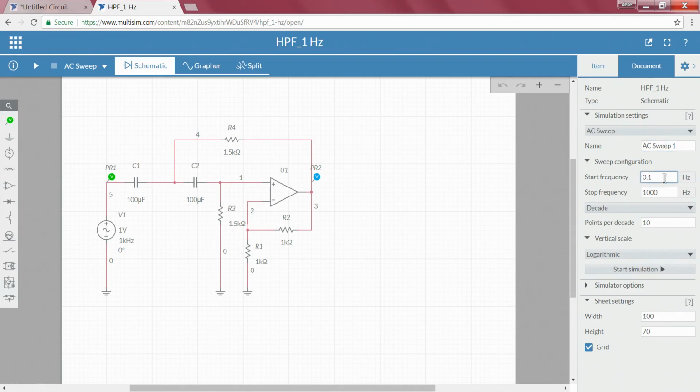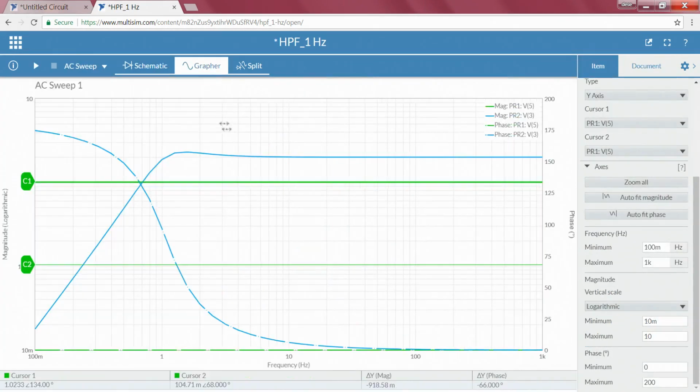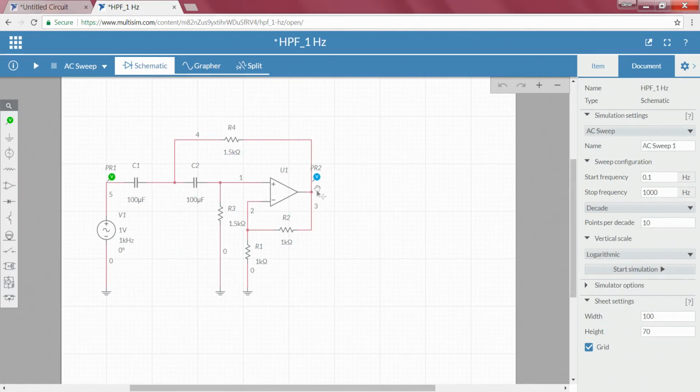In this case for the sweep configuration I have changed some setting parameters. We changed the start frequency to 0.1 Hz and the stop frequency to 1000 Hz here, and the points per decade is 10. So, the only thing we have to do is that once we select the sweep, we have to go to the settings. From the settings here we have to change the parameters to 0.1, 1000 Hz and how many points per decade we require. Once it is done, when we start the simulation, it starts simulating. In this case too, the input is green and the output is blue.